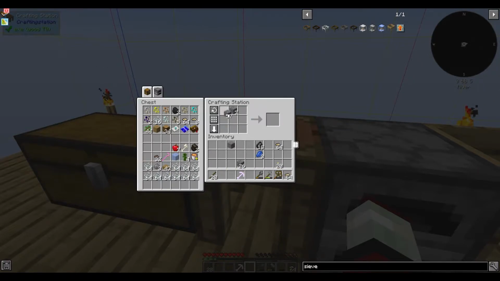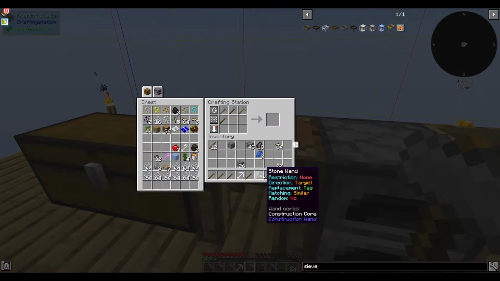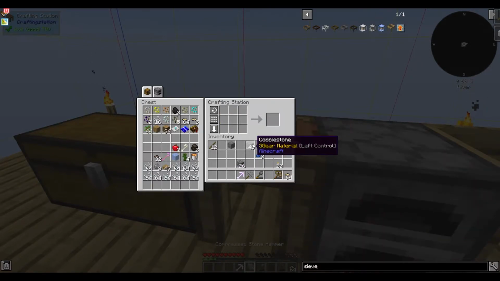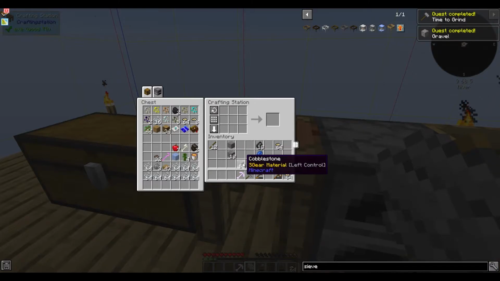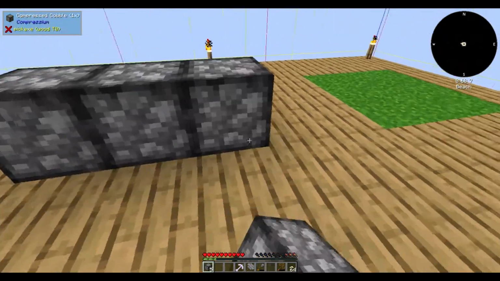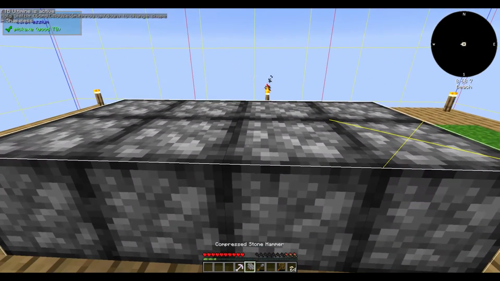So for that, we're going to need 9 hammers. I've already got 1 in my inventory. And then we take all of these, pop them into our crafting grid, and we get a compressed stone hammer. And what we can then do is we can compress the cobblestone. So we've got 8 pieces of cobblestone, and go 1, 2, 3, 4, 5, 6, 7, 8. Use my compressed hammer,